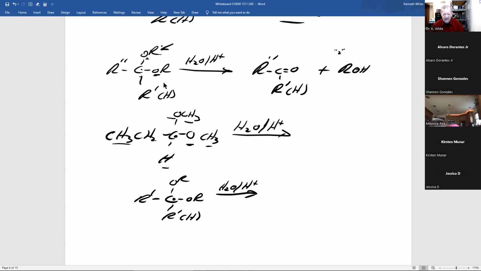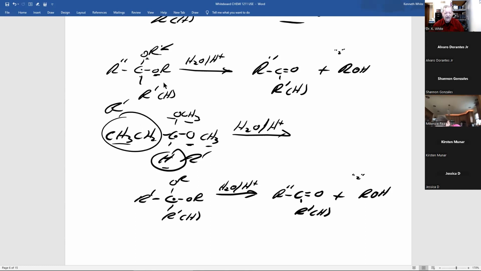And keep your eye on this carbon. The carbon with the 2 oxygens, carbonyl, what's attached to it is still attached to it. And then you'll get an alcohol. For those who must, you don't have to, you can put a 2 in front. Now, since I'm saying give the organic product or products, and I'm not asking to balance it, you don't have to put 2 there. So our R prime, our R double prime, our R. Keep your eye on this carbon.